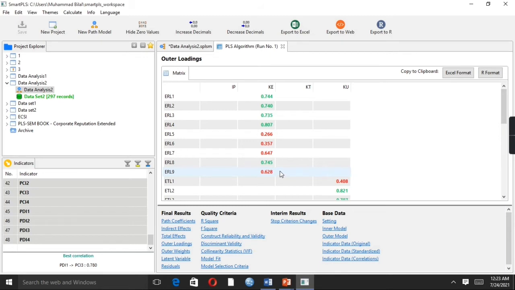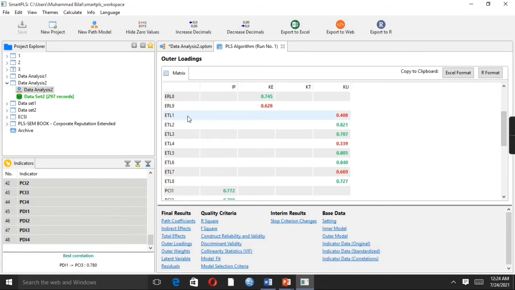ERL5 is making trouble and ERL6 is also making trouble, because these values are less than 0.60. See the other variable as well, knowledge transformation. We have positive results for 1, 2, 3, 4, and those greater than 0.6 are also acceptable, 7, 8.